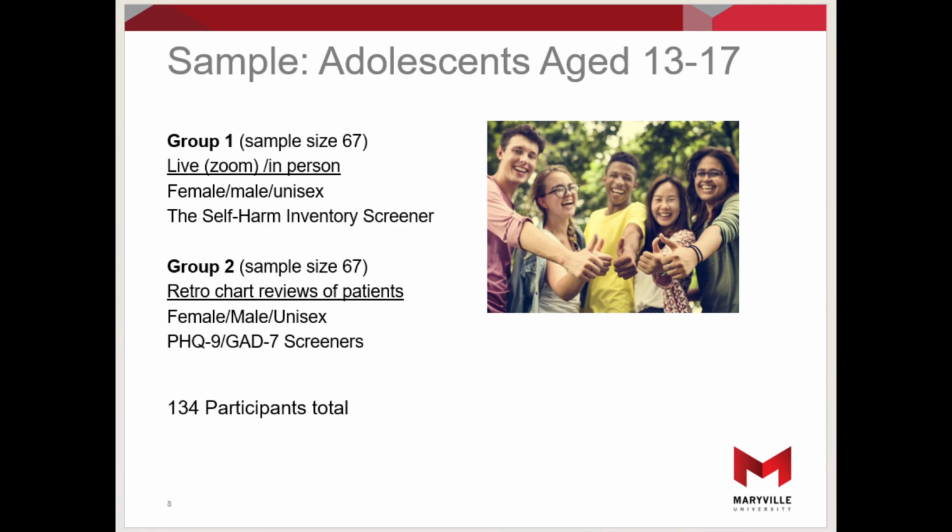When applying results to the graded scale, the PHQ-9 and the GAD-7 screeners were reported as having a 9 or greater positive for self-harm. They were given a 2. If they were reported as having less than a 9, then they were given a 1 for no self-harm. As far as the self-harm inventory goes, on the graded scale, if they had a score greater than 5, it was a yes for self-harm, and if it were less than a 5, it was a no, or a 1.